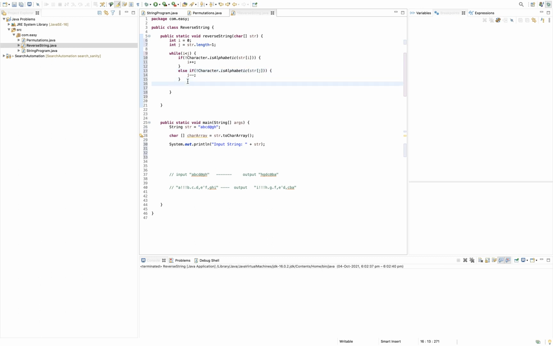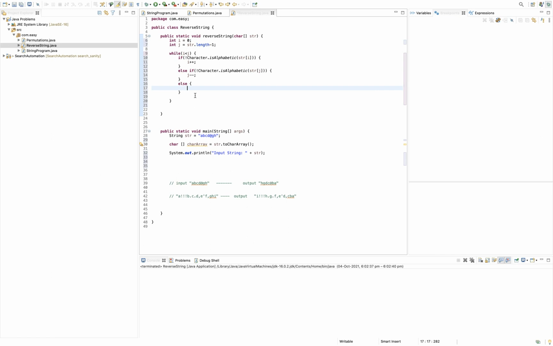Now, the third thing is, if it doesn't find a special character at the zeroth index, and if it doesn't find a special character at the last index, now it has to swap the elements. So we need to put the swap condition in else. So I'll take one temp variable here. We are dealing with characters, so I've taken the data type as char. So this will be str.